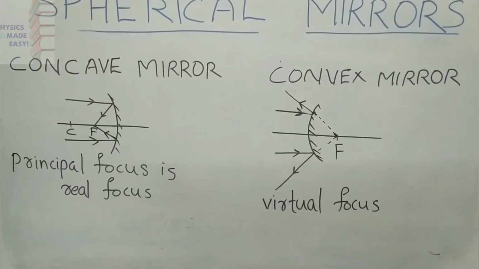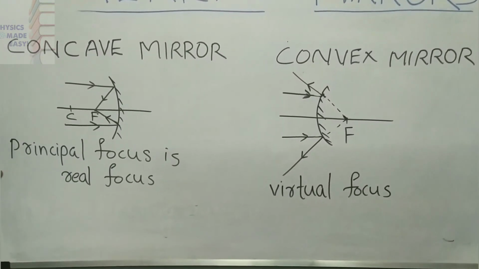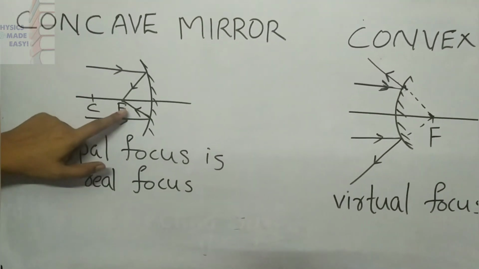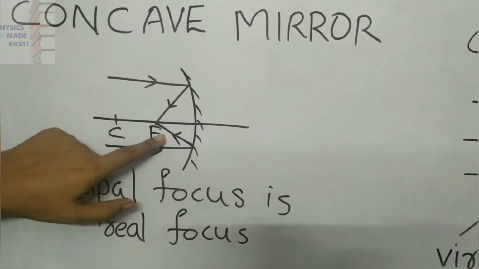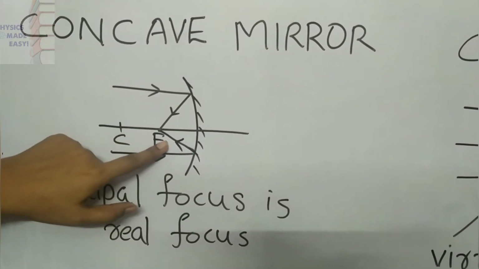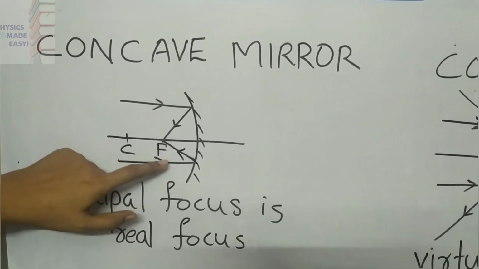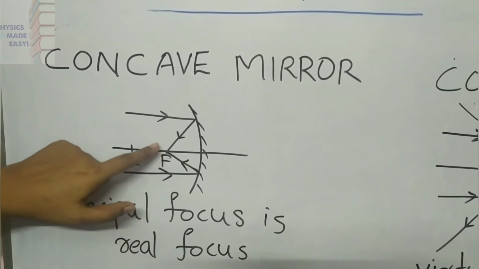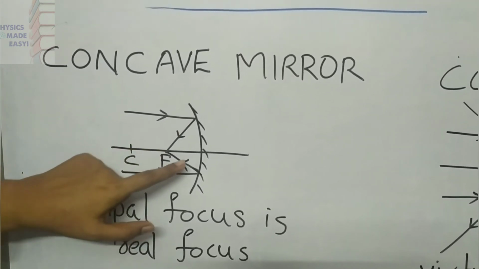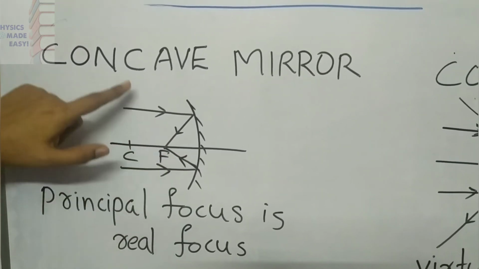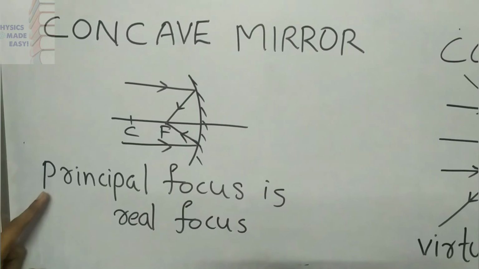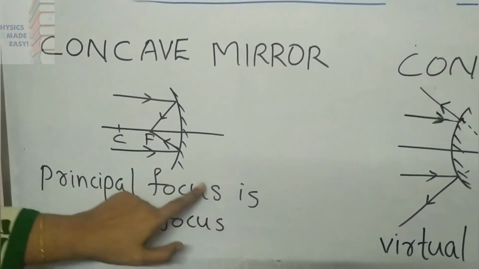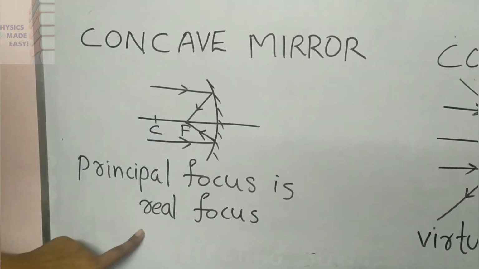Okay children, listen here. I have to say one more thing about the principal focus of a concave mirror and that of a convex mirror. Here you can see the rays are converging at a point, the principal focus. We studied about two types of images, real images and virtual images. In the case of a real image, the two reflected rays are actually intersecting at a point. That is happening in the case of this concave mirror. So we can call this principal focus the real focus. The principal focus of a concave mirror is a real focus.